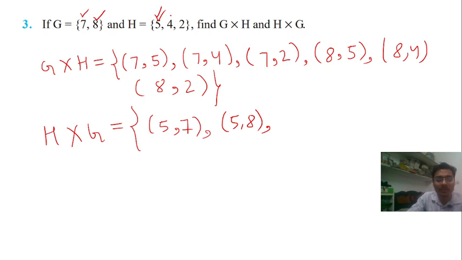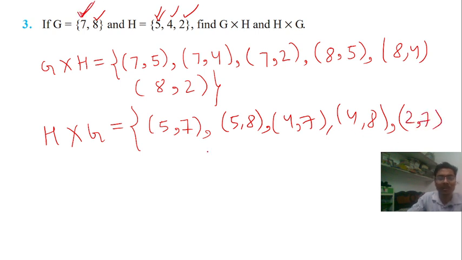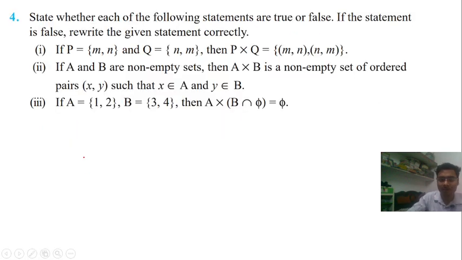then 4, 7, then 4, 8, then we will write 2, 7, and then 2, 8. So that's how we represent all the elements of set A and B. Now we have done question number 3, and we are going to solve question number 4, which says